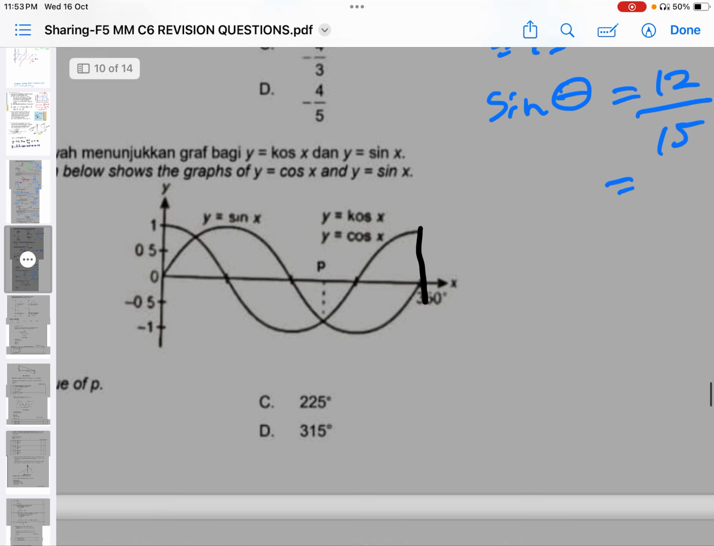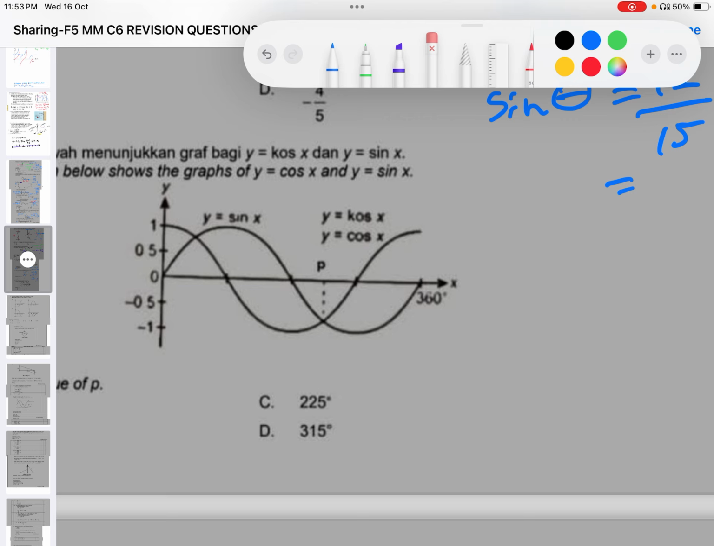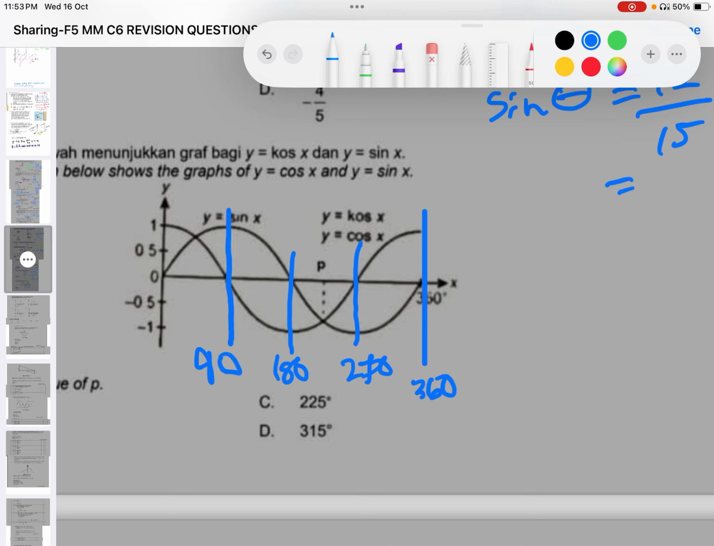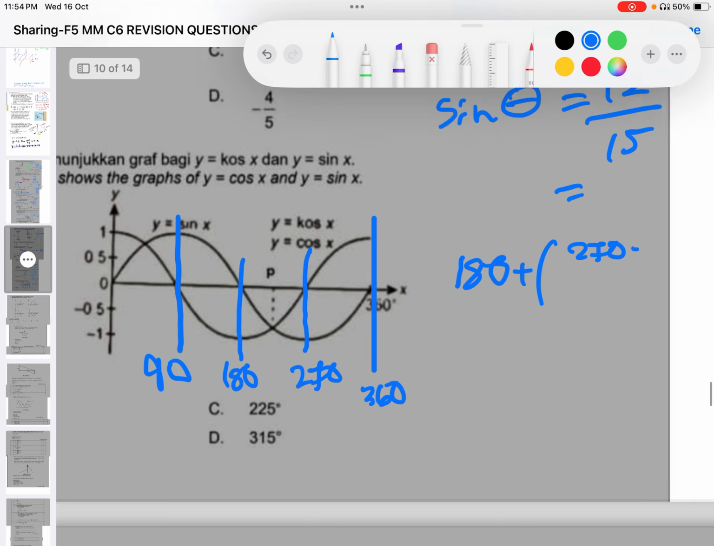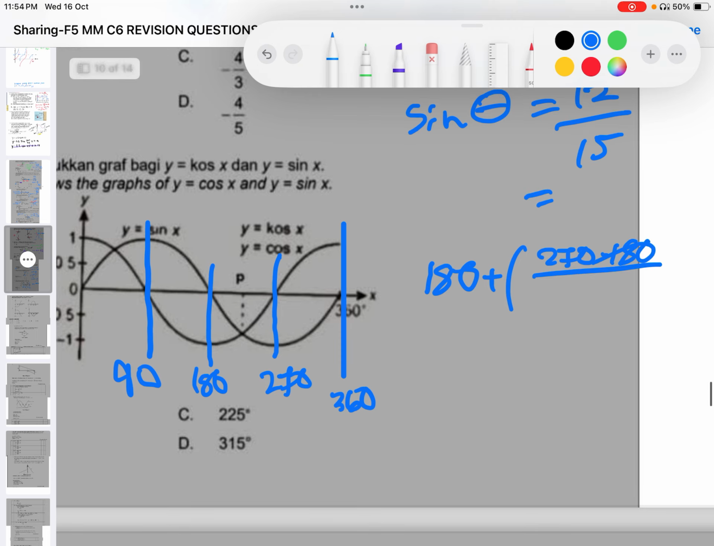So ni adalah 360. It's going to be 180. This is going to be 270. And this will be 90. So antara 180 dengan 270 adalah 180 tambah 270 tolak 180 bahagi 2. Dapat,